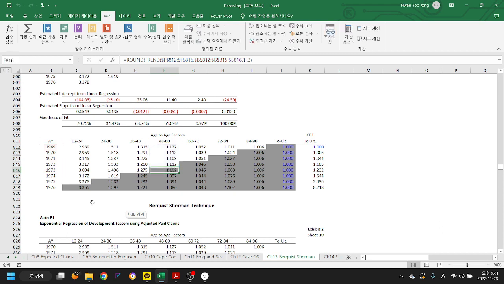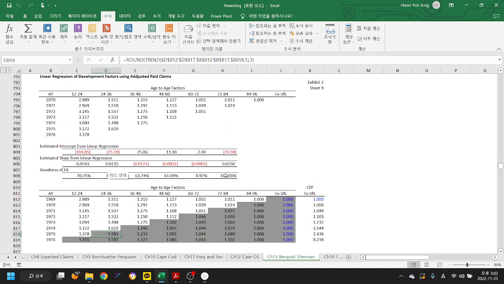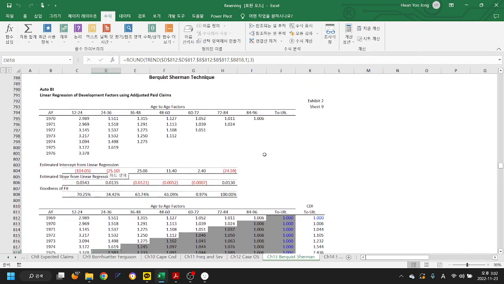That's what it does, right? And this one is all the way down to the actual historical age to age factor. Independent variable is accident year, and new independent variable 1975, and you get this age to age factor all the way down. So first one is linear regression,